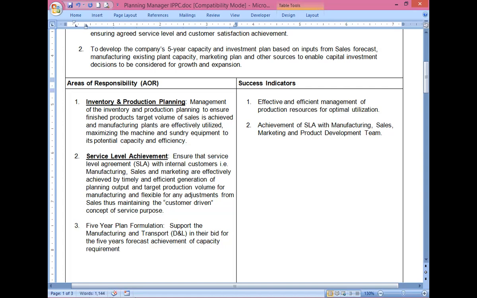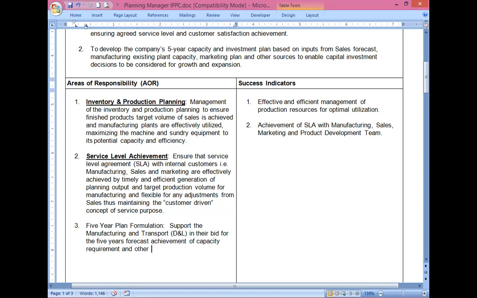I've been a distribution and logistics manager also in the past. I've been a DNL manager for 10 years in a local company here in the Philippines. I'm not gonna mention the company, but it's one of the biggest companies also in the Philippines. So I was a distribution and logistics manager. That's why I'm familiar with the supply chain also. Okay, and